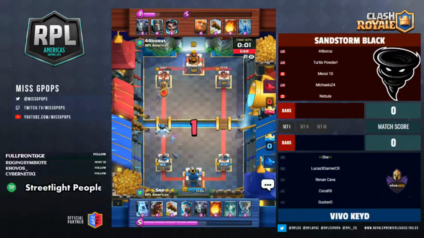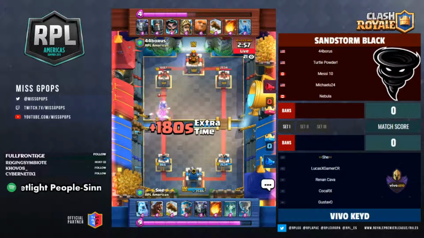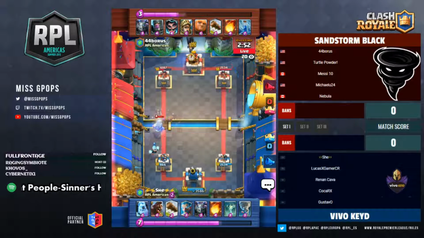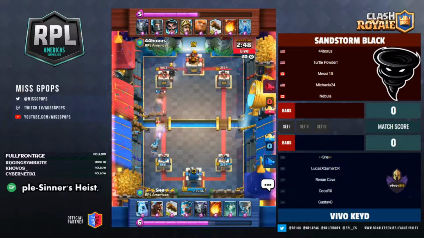It is still anybody's game. We are quite even in elixir right now, and fairly close in tower damage as well. So it is anybody's game here, people. Nice, a Hog Rider placed to block that Prince. I like that play. Is it going to get...